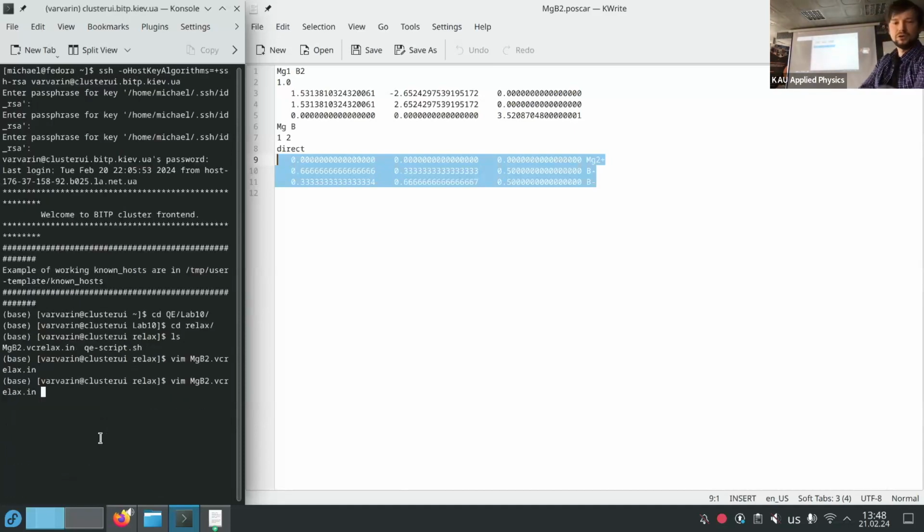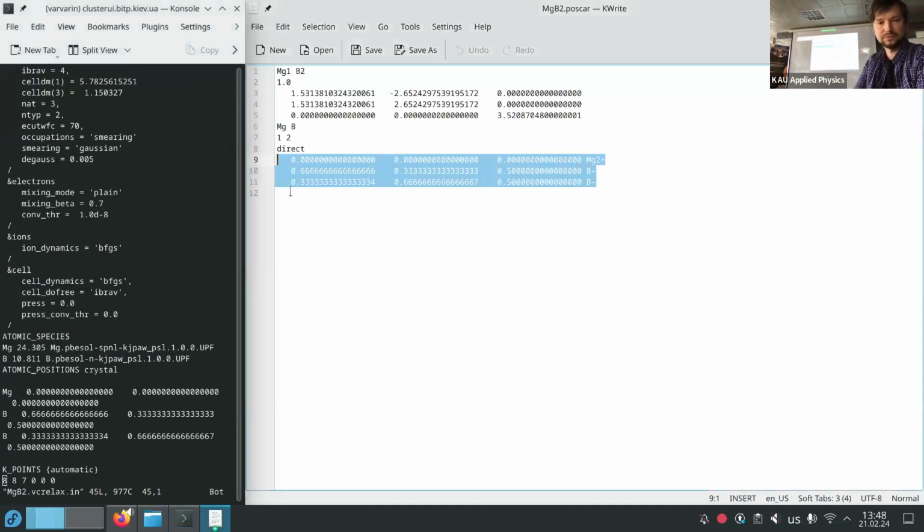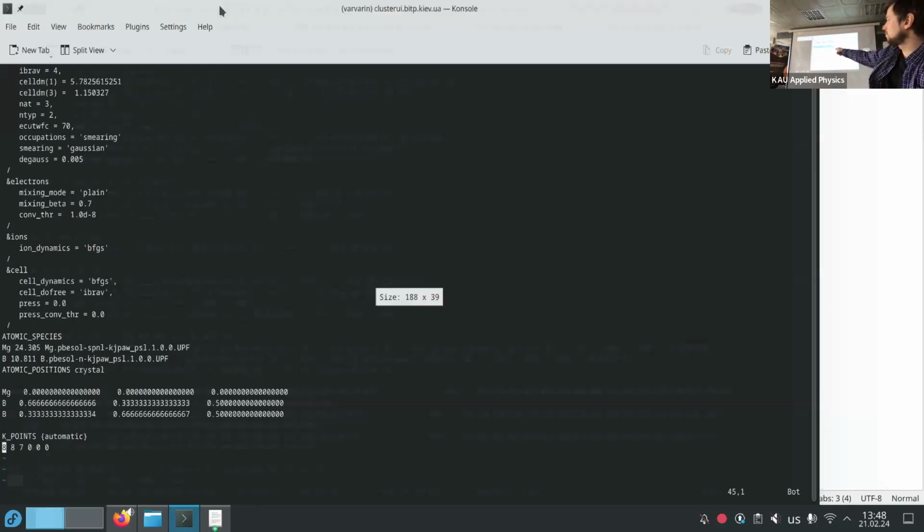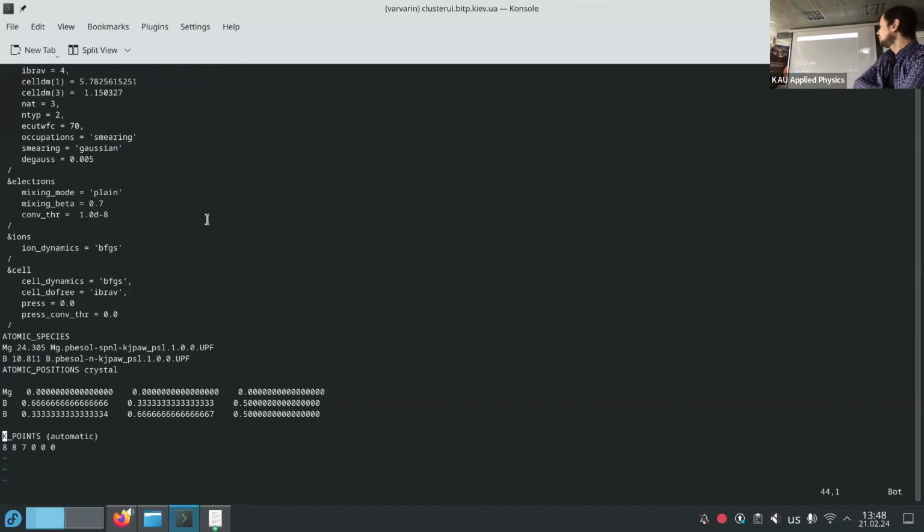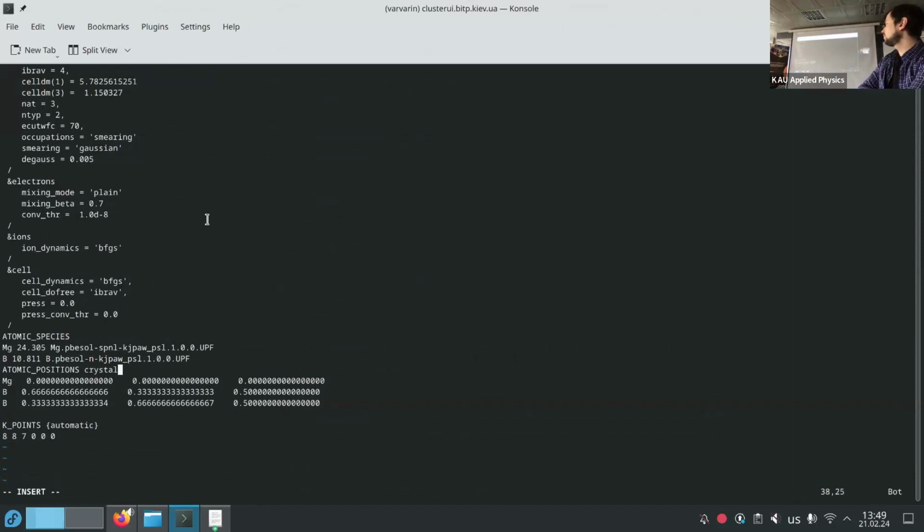All of you follow this, open it so you can copy. Between atomic positions, crystal and the magnesium coordinates you see an empty line. Maybe you should delete it. I don't know if it will work with it; probably it works, but without it, it will work.